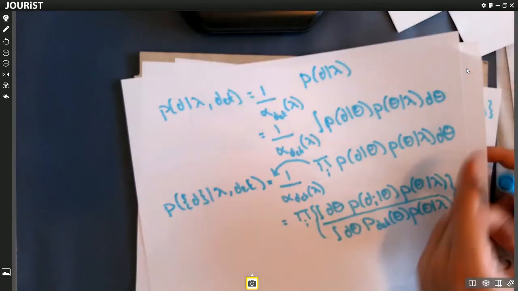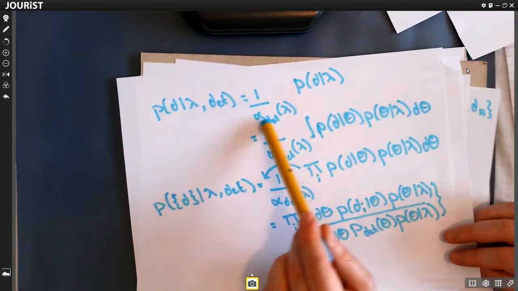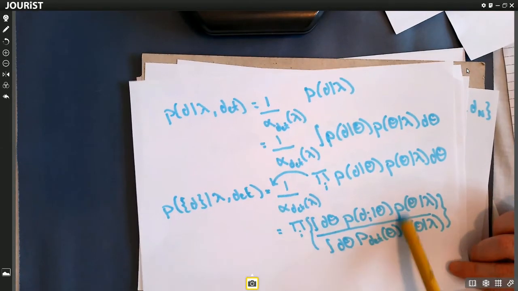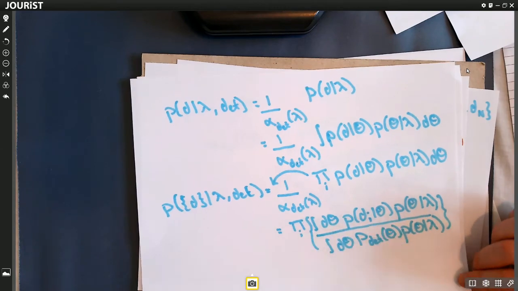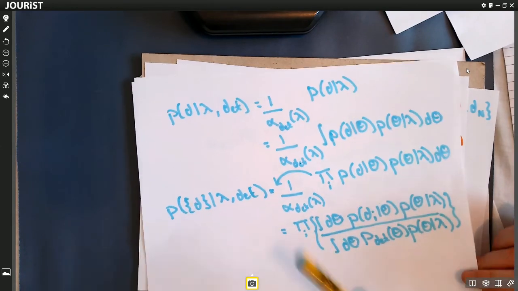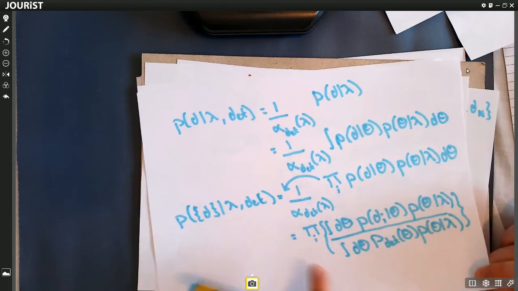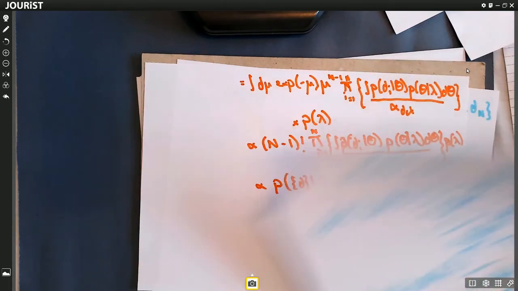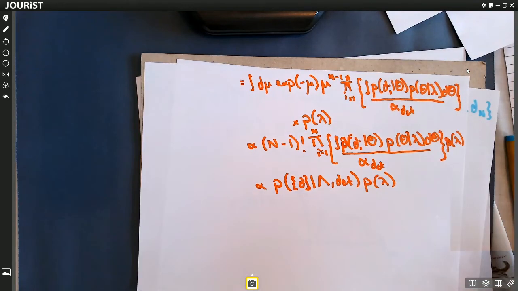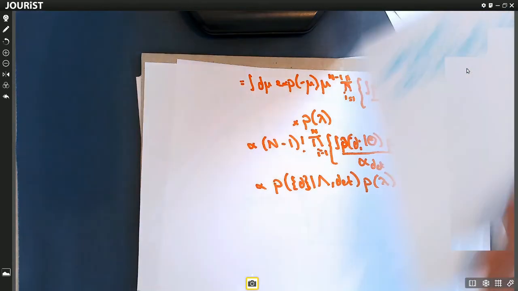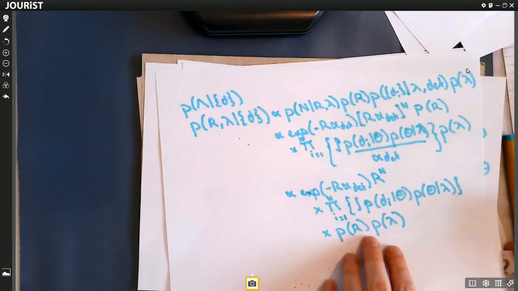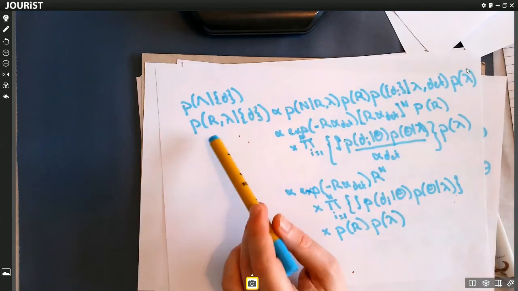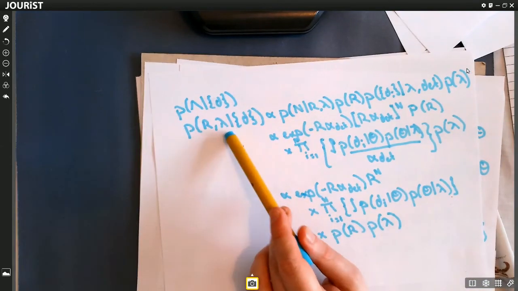Okay, so we add in this renormalization, we end up with this nice product term where we're weighting by the detectability term. Given this, this is our likelihood for our events. In general, we'll want to infer the probability distribution for both rate and shape parameters of our distribution. So we spoke about how to calculate this.